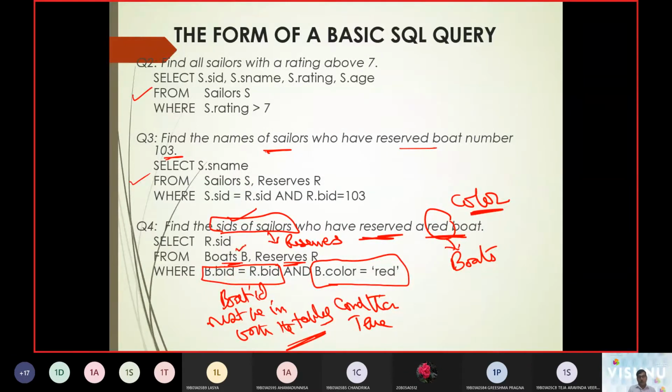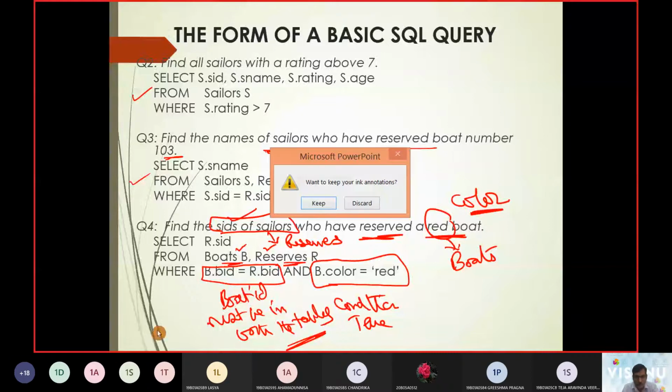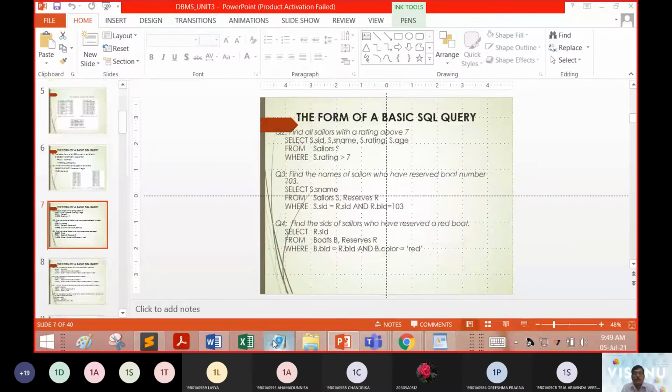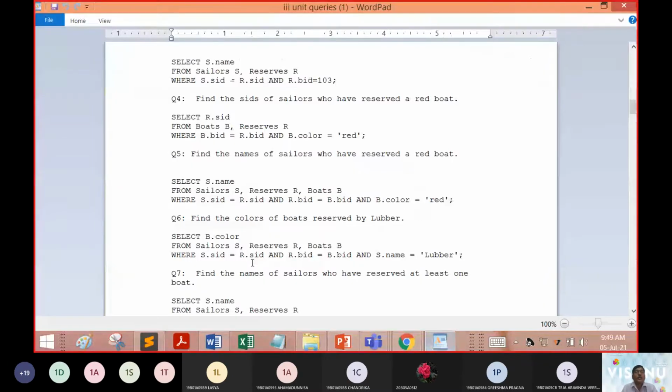Therefore boats alias is B, reserves alias is R, and then we bring up this content. Now we will run this query for convenience, and to understand whether the query will work in a positive way or not.